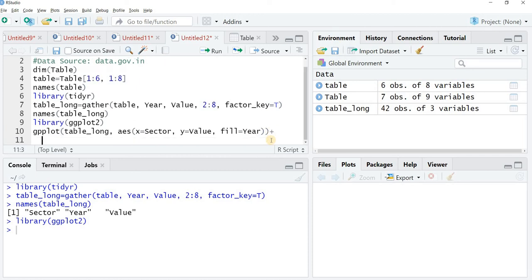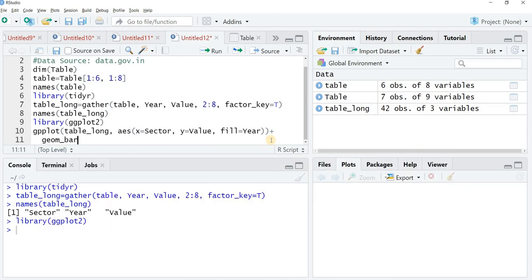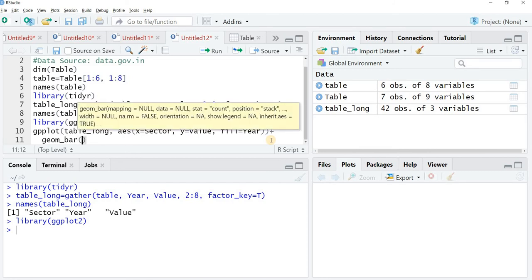Now I add another layer, that would be, let us say, geom underscore bar. Whenever you have geom bar, your stat equals identity.